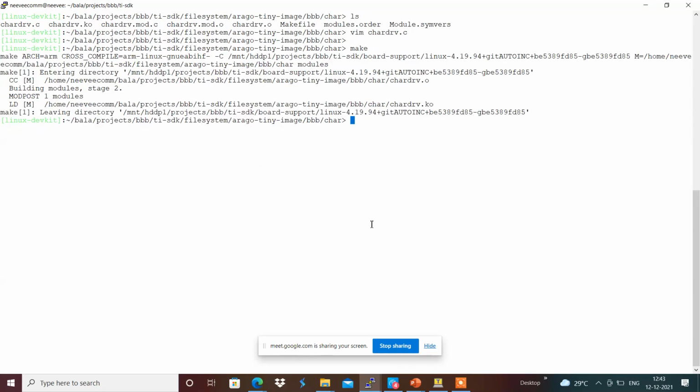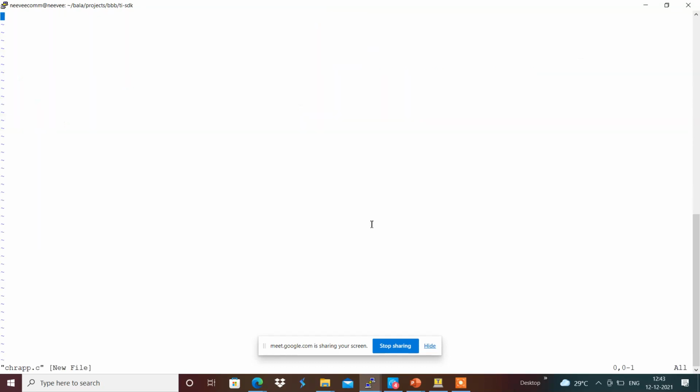For that, I'm going to include stdio.h over here, and then include fcntl.h over here, and then int main of void. We have the function to read and write accordingly. For example, I'm going to do return 0 and int fd.